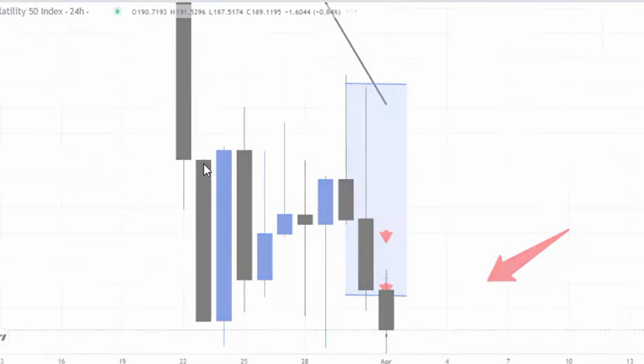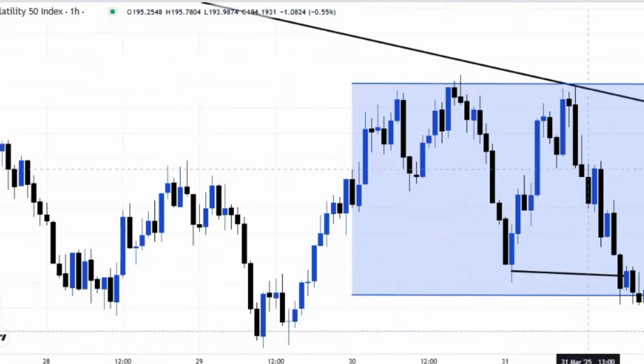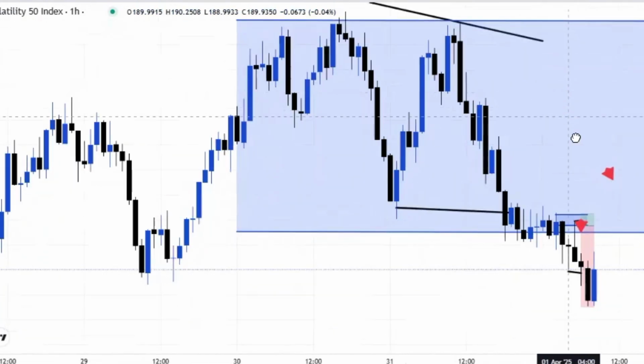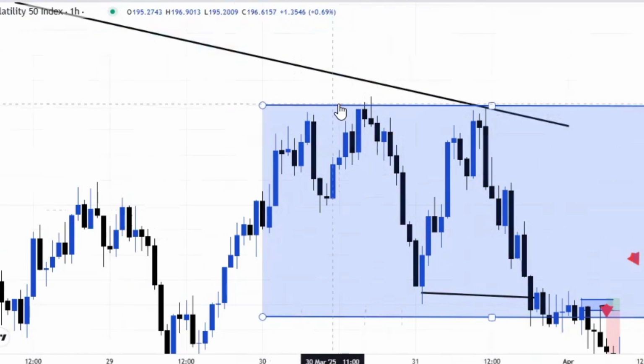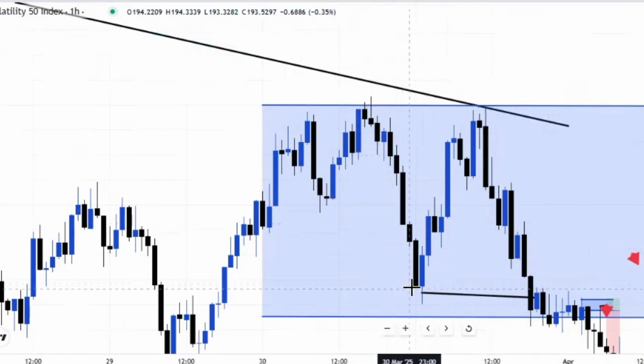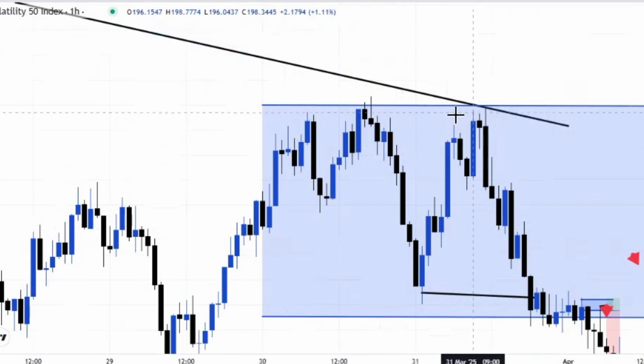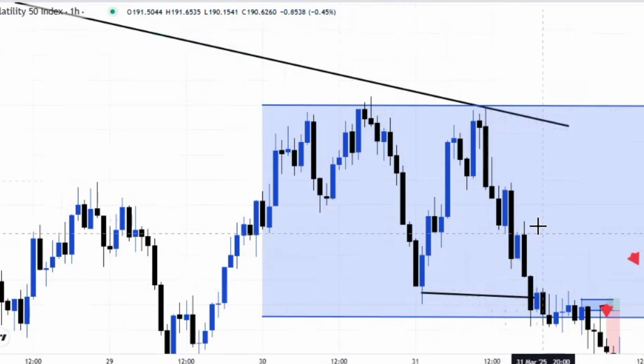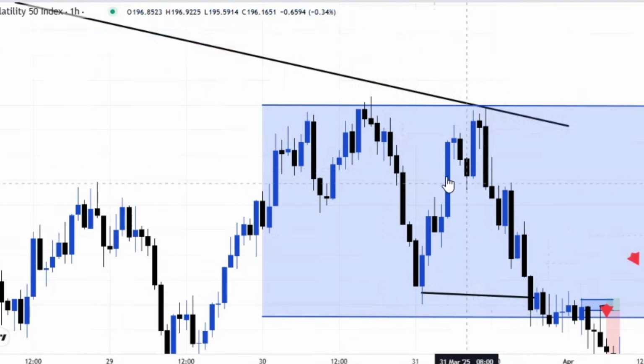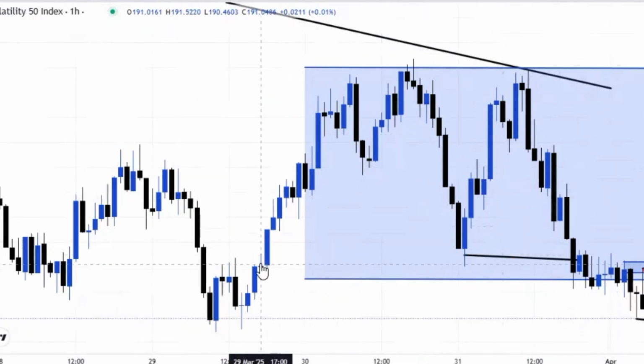Now move to 1 hour. Let's see what the 1 hour is saying. Very, very clear. You can see this, guys. You can see a structure which I showed us. Price came to this place, moved down, went up again, and mitigated this level, the order block above this level here. You can see how the market started dropping, moving down. We are looking for structures. Now remember, we are back testing.